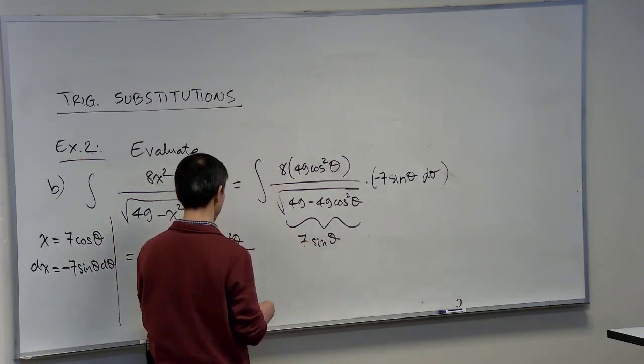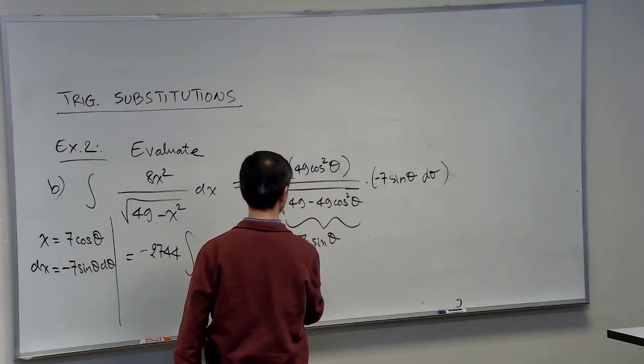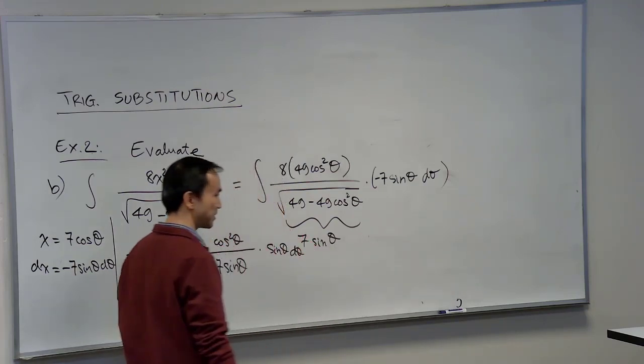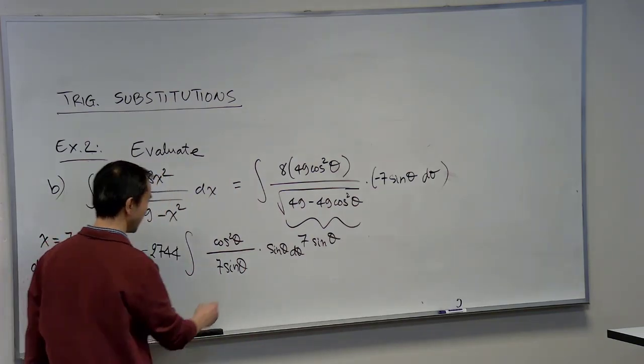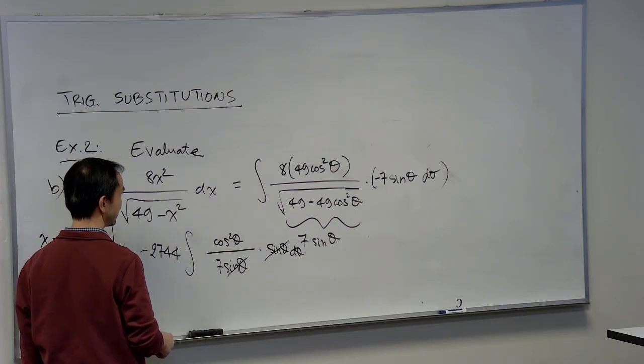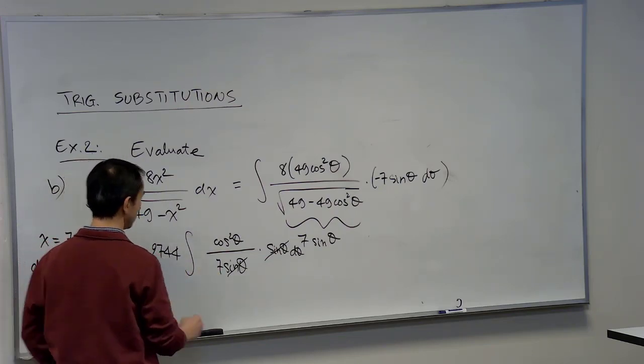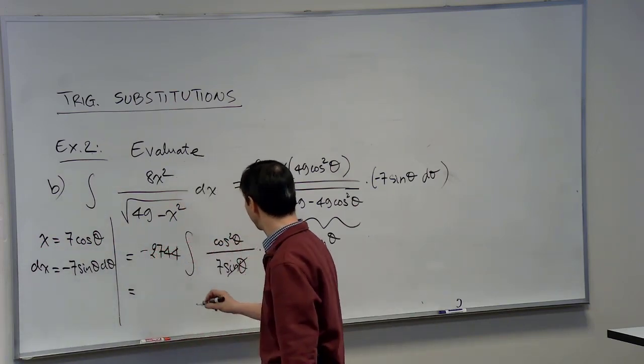So that expression here gives me 7 sine theta. And then I still have another sine theta here to go, right? And then d theta. See what I mean? Okay. And we cancel the sine theta, right? And then the 7 here cancels with that. So we're going to roll back to the